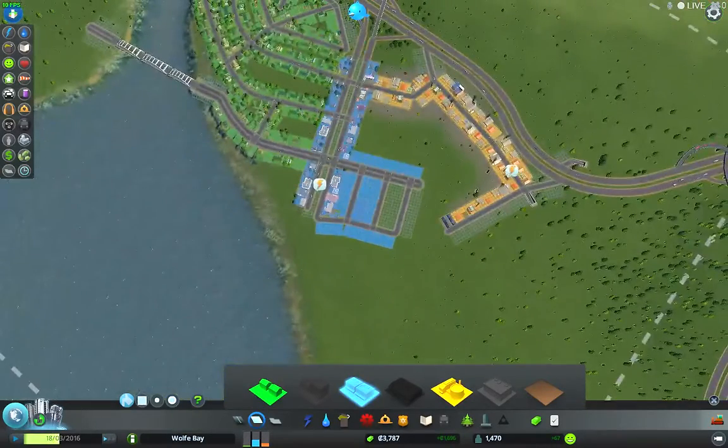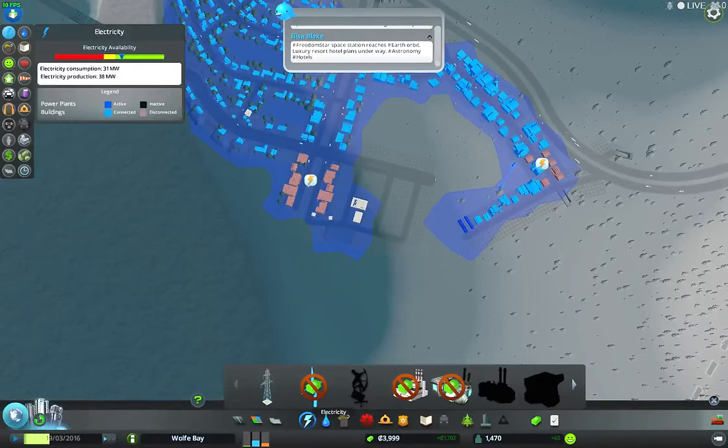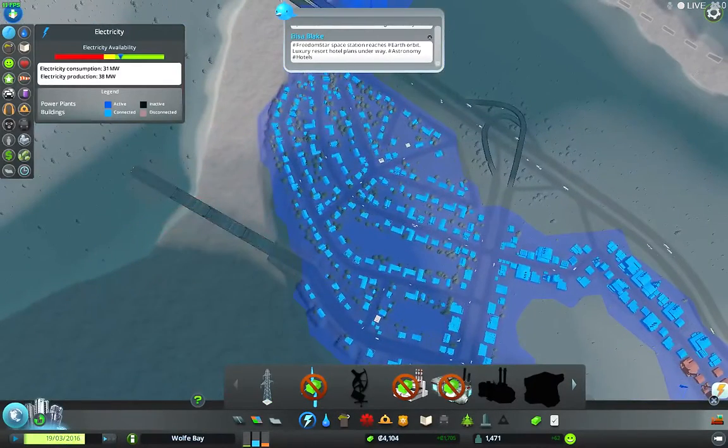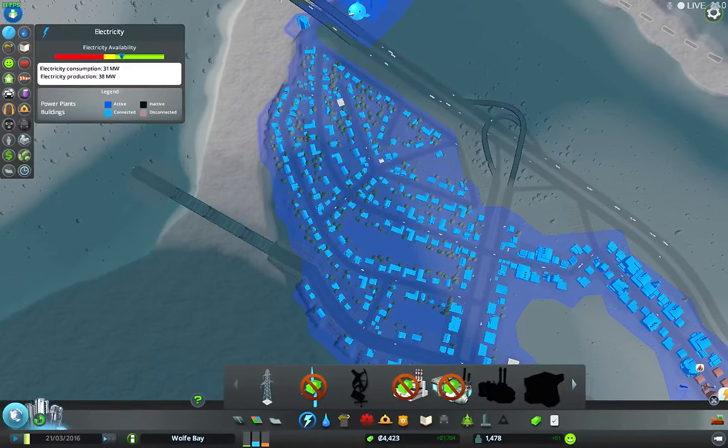And see, they're still screaming about power. They don't have enough power. We need more power. Well, I need more money, because I still need to build another wind turbine. And see, this is why I say they're screaming about power. They still have power. They just don't think they're getting enough power. They really don't want me to put the power...